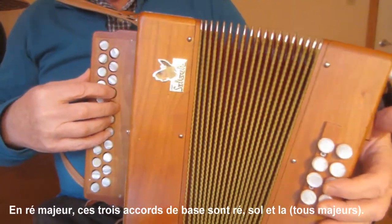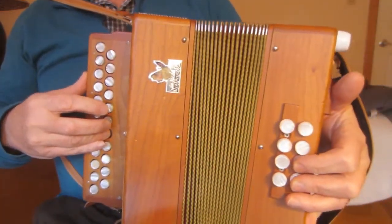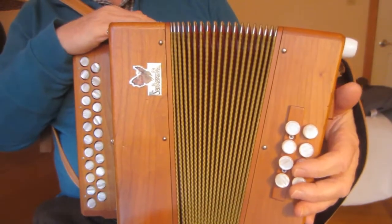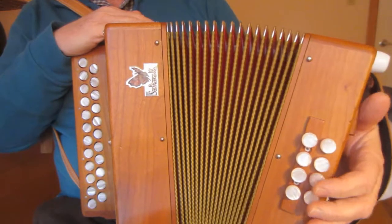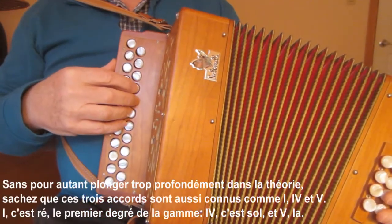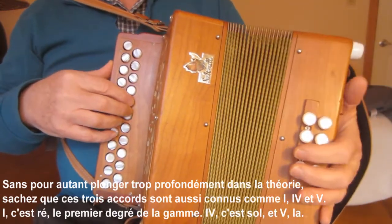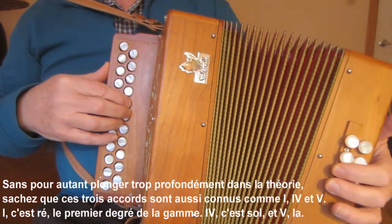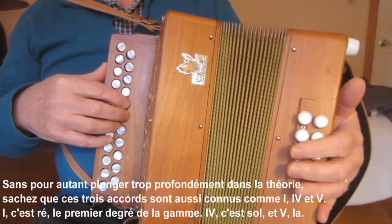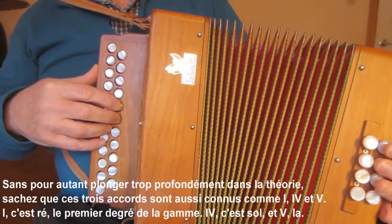So you get something like this. There's the 3-chord trick. And without going into too much theory, I can tell you that this is also known as 1-4-5. D is 1 because it's the first degree of the scale, the first note of the scale. G is the 4th degree of the scale, so that is the 4 chord, also known by the way as subdominant. And A is the 5th degree of the scale,